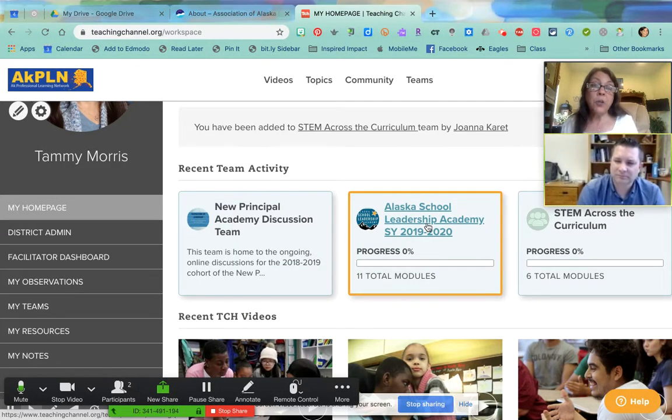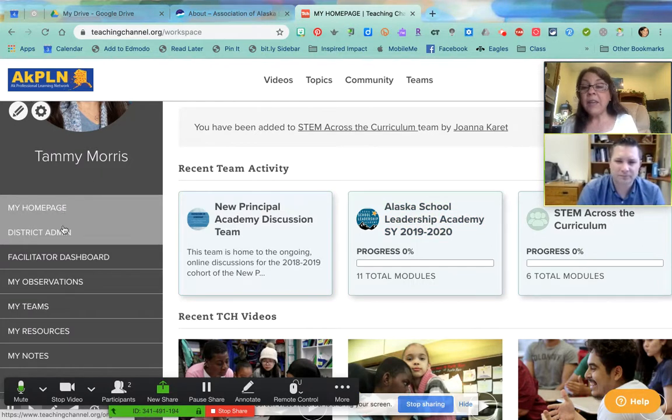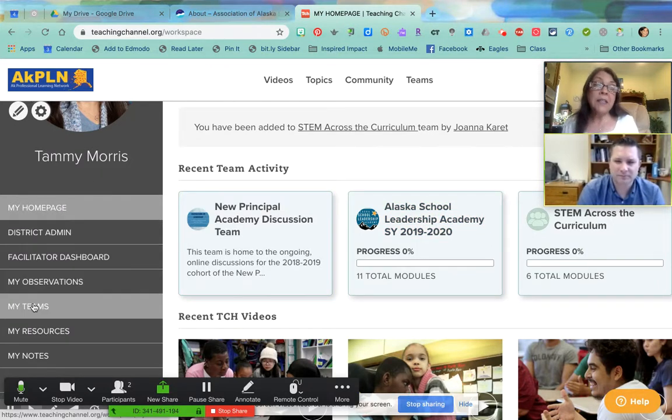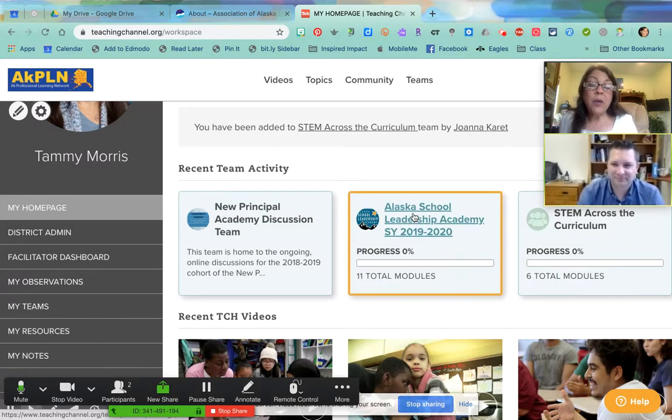If it doesn't show up here, though, your next best bet is to go over to the left navigation bar and click on My Teams, because that will show you all of the teams that you belong to. I'm not going to click on that because, again, with my position, I actually belong to a couple hundred teams, so it's not going to do any good. But with you, you're only going to belong to a few probably, so it will be easy for you to find them there. So once you find the team, go ahead and click inside the team.